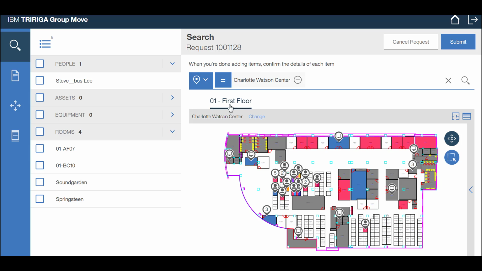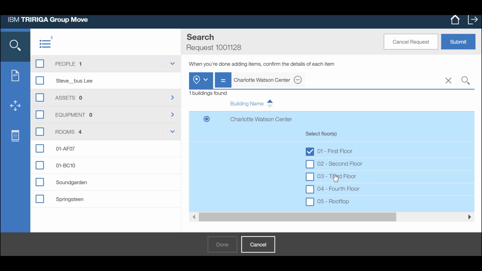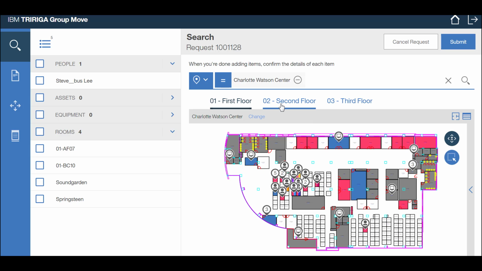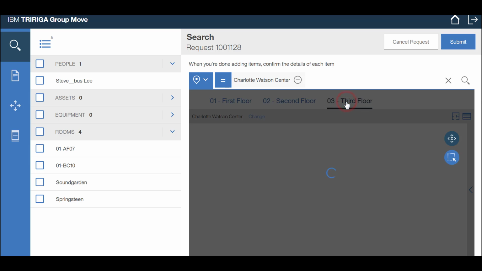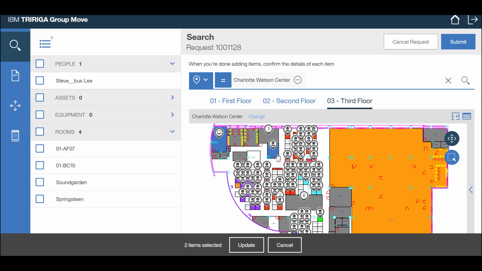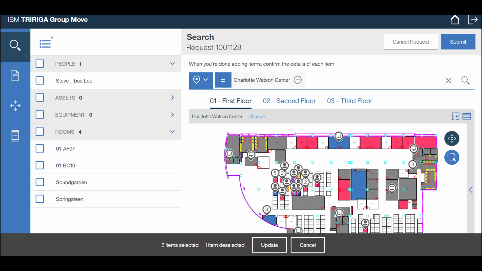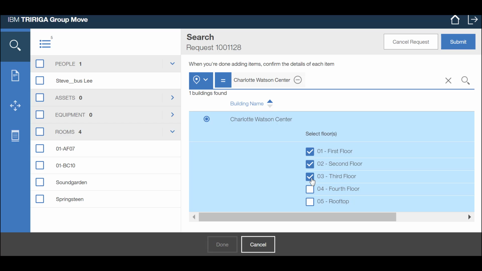When I am searching using the location search, I can add or remove floors on the building that I selected. For example, if I want to add some rooms from the second or the third floor, I can click the change button and just click the floors that I want to add or remove. In this case, now I can switch from floor 1 to floor 2 to the third floor. If I have selected some rooms, or deselected some, I can select to add and deselect to remove, and try to change the floor,